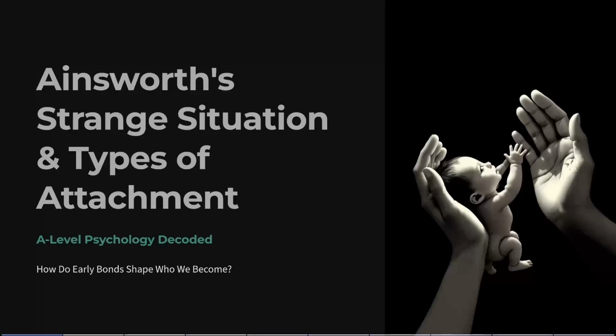Now consider this. Psychologists argue that the template for that relationship, the emotional blueprint you're using right now, was set in the first year of your life. Before you could walk, before you could talk, in the months when your world consisted almost entirely of one caregiver and the quality of their response to your needs.